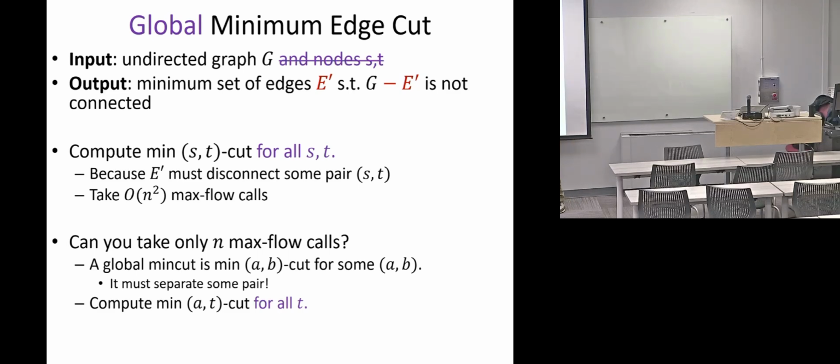Maybe this is not the right argument actually, but the right argument is: for any node A, you know that it must be on one side of a global min cut for sure. The global min cut must separate A from some B. So if you fix A and you compute the min ST cut, the min AB cut, for all B,